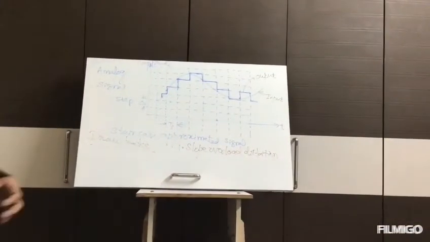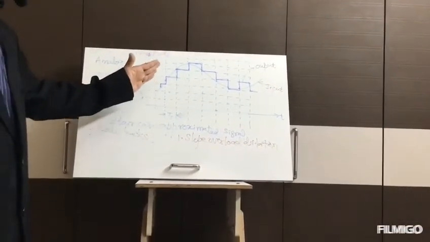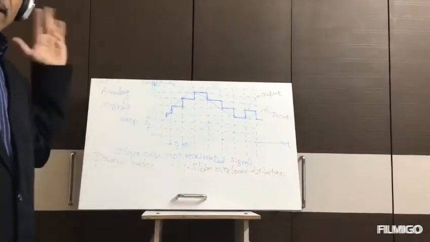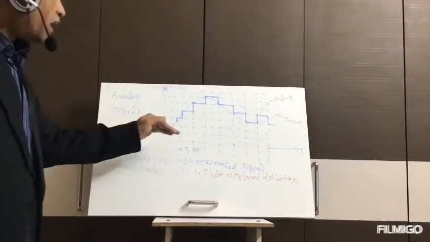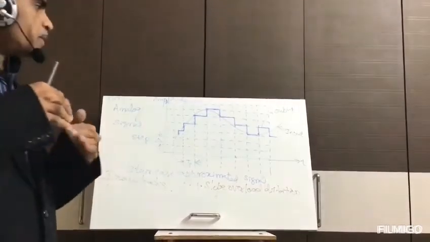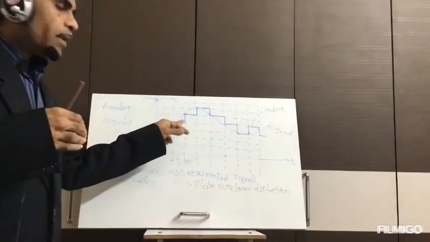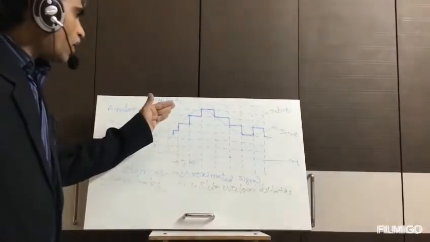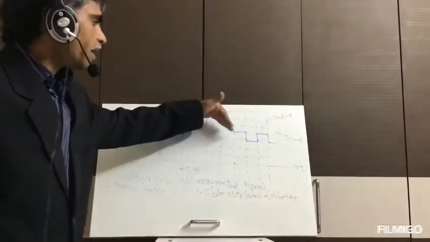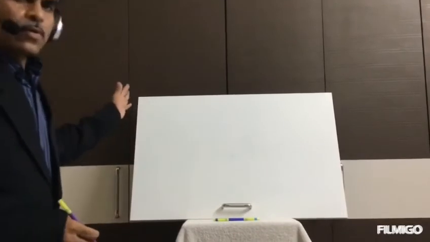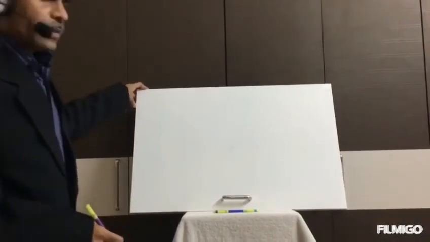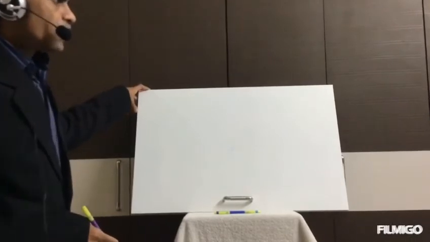This occurs when the signal amplitude is rising steeply. That means the rate of increase of the input signal is much higher compared to the rate of increments in the staircase signal. In that case, your transmitted signal cannot follow, even approximately, the given analog signal. So let me explain through the diagram. Well friends, as a drawback of this delta modulation, let us understand how the slope overload distortion occurs, and also we shall find the remedy for that.